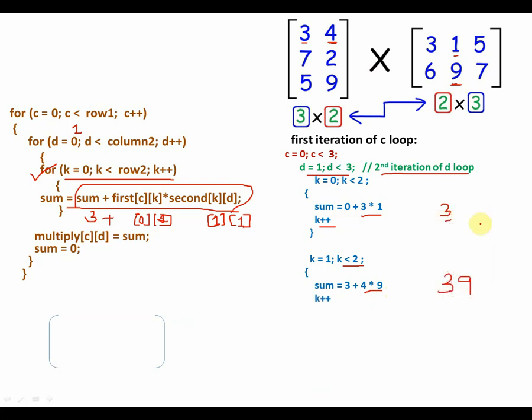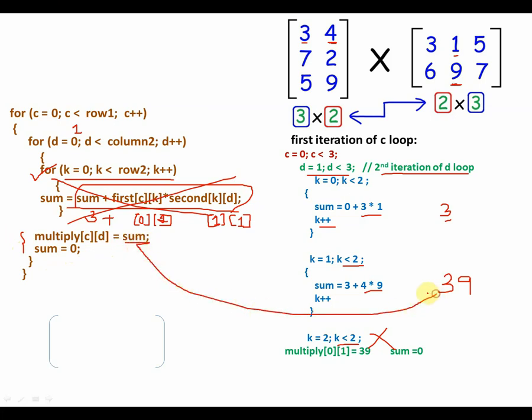We go ahead with K incremented, K will be 2 now. After that again you have to check, is 2 less than 2? No, 2 is equal to 2. So the condition fails. Hence you finish or come out from this loop and you execute what is outside the loop. What is that? These two lines which are outside the loop. And what are those two lines doing? Assigning that value, that sum what you have got. What is this sum now? This sum is this 39.